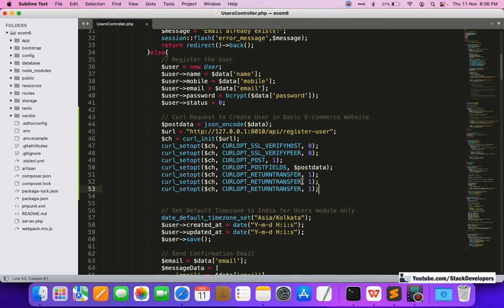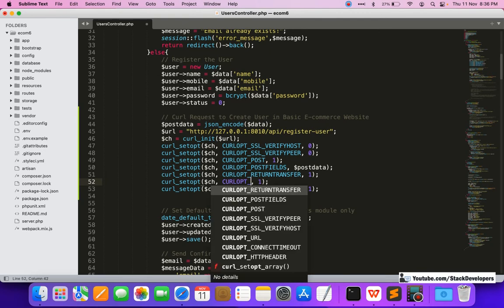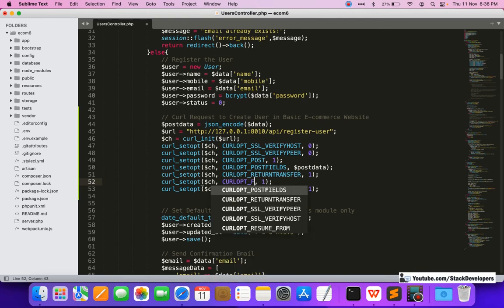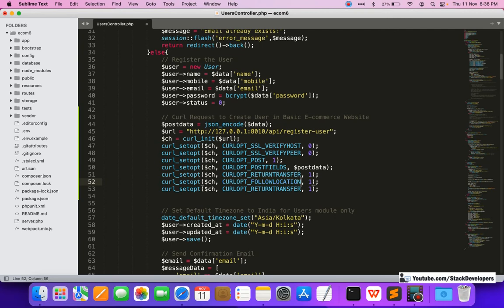Next one is follow location, that also must be 1. It's not there, follow location. Okay, and now the last one, I want to have the http header, that is the common one.